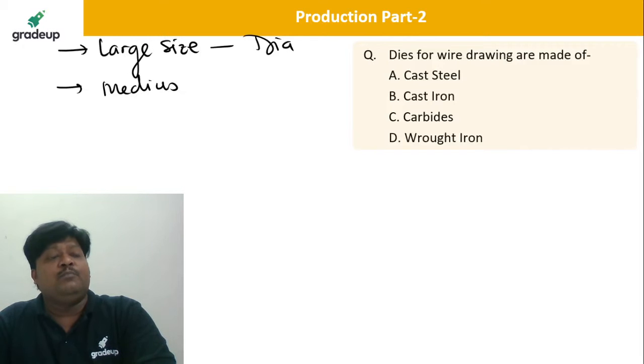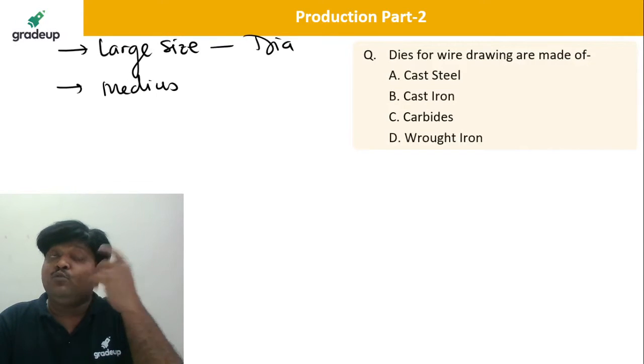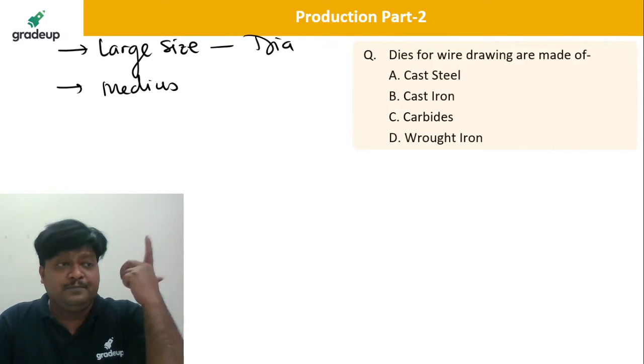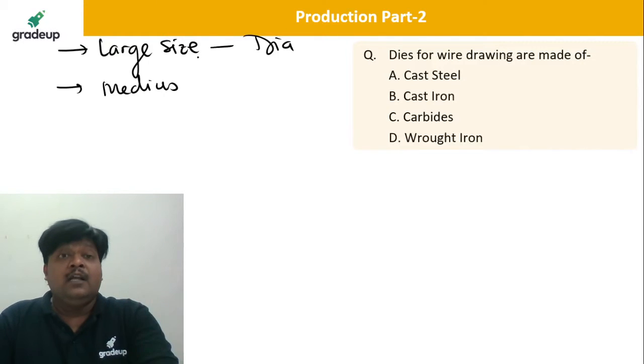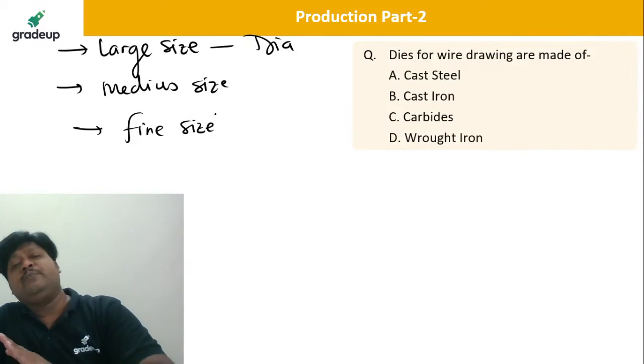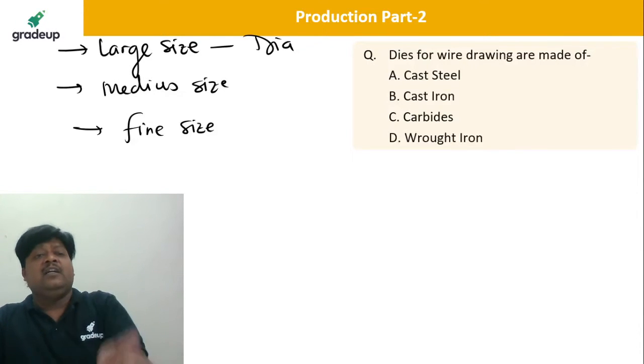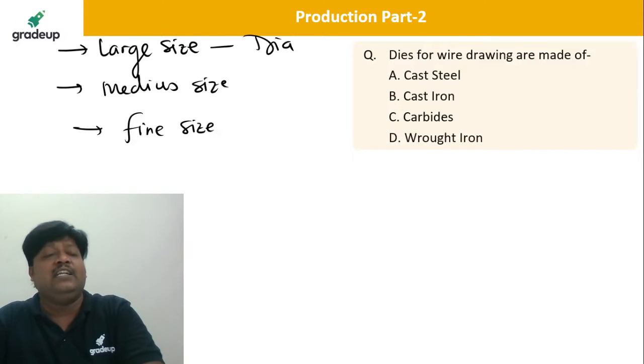Ragging, I told you, is the provision of small grooves onto rollers to have the self entry of the plates, definitely to increase the coefficient of friction a little bit. That is ragging. Medium size, and dear students, a very fine size wire, below say 0.1 millimeter, very fine size, right? So in that case, which kind of dies is generally used for this typical classification? Which die for large size, which for medium, which for fine?